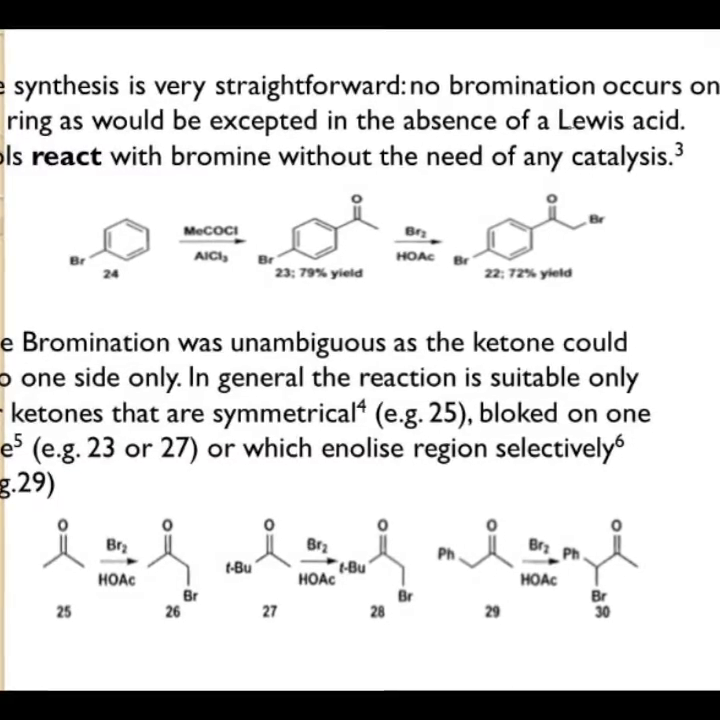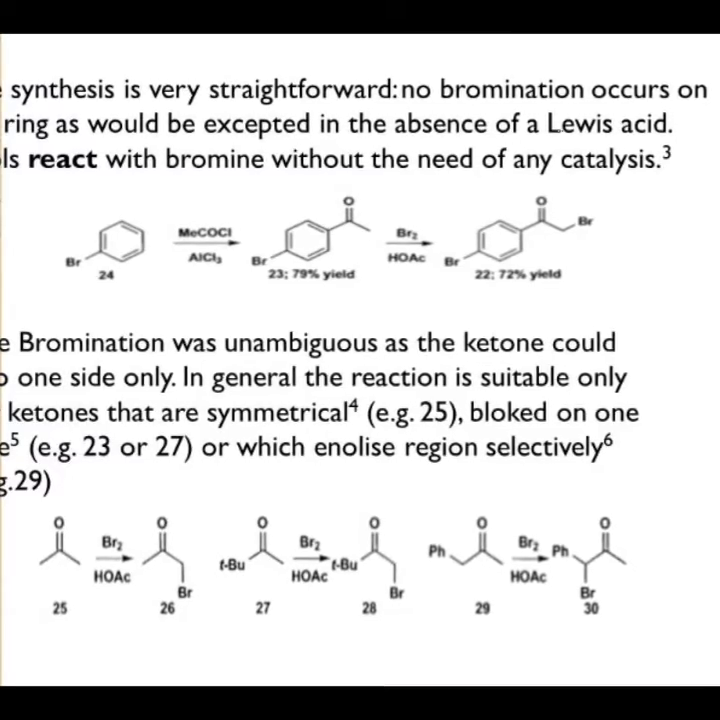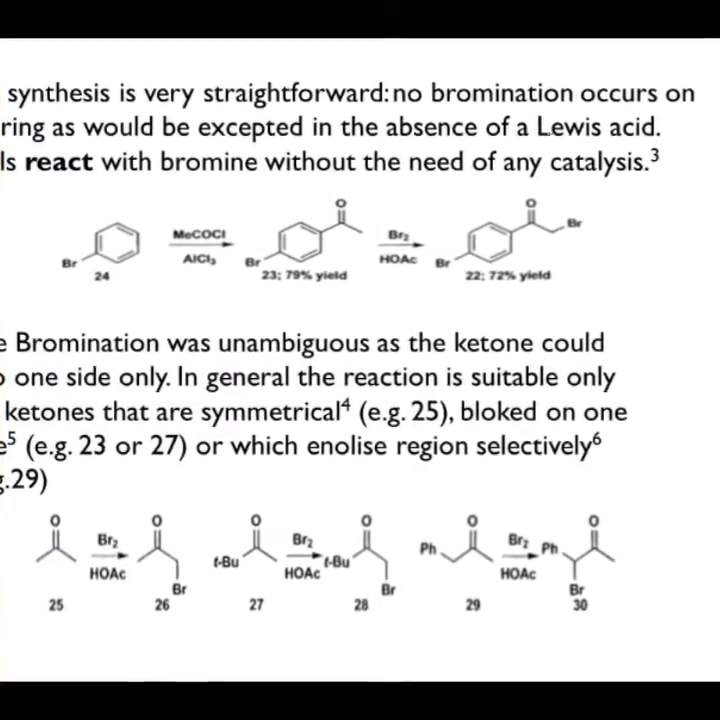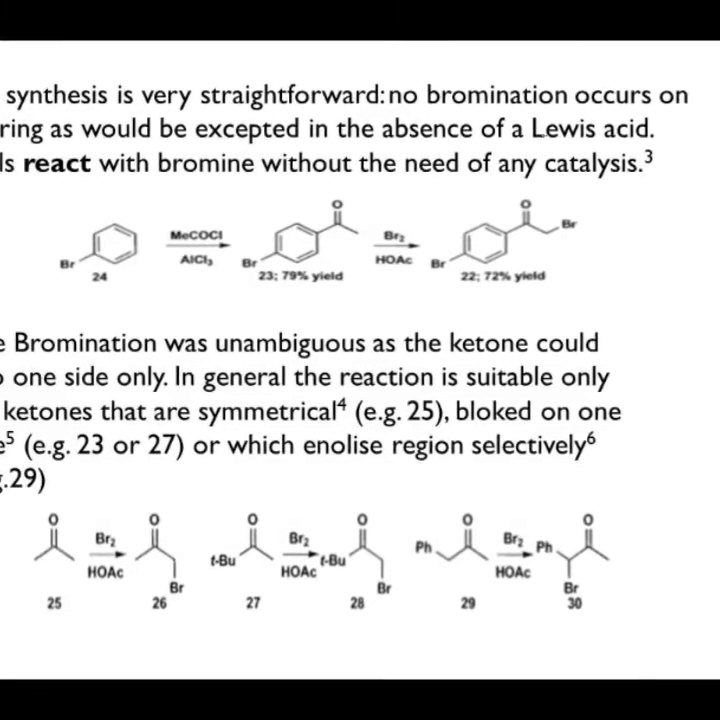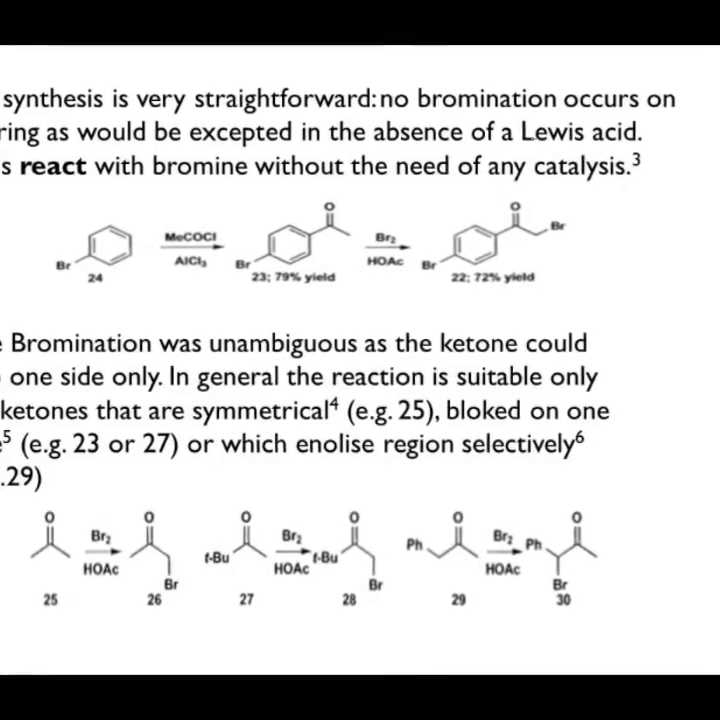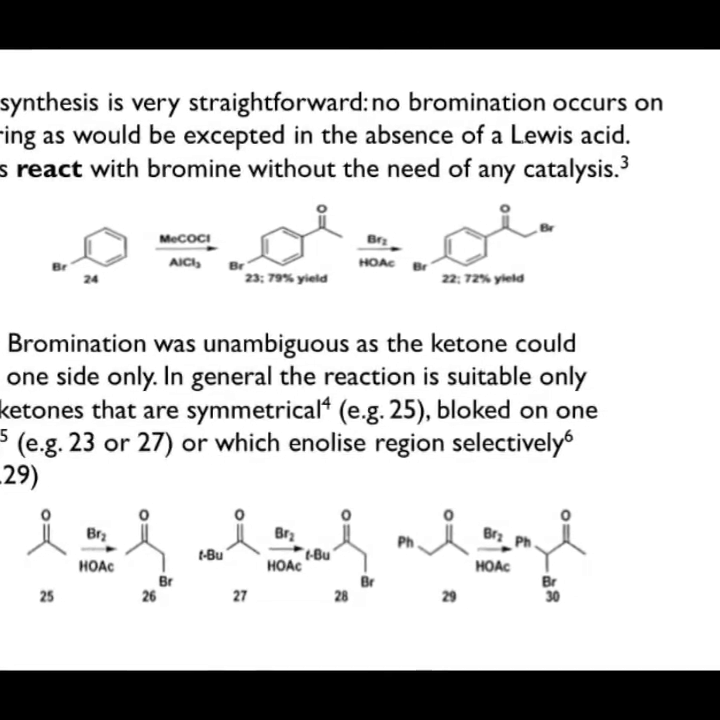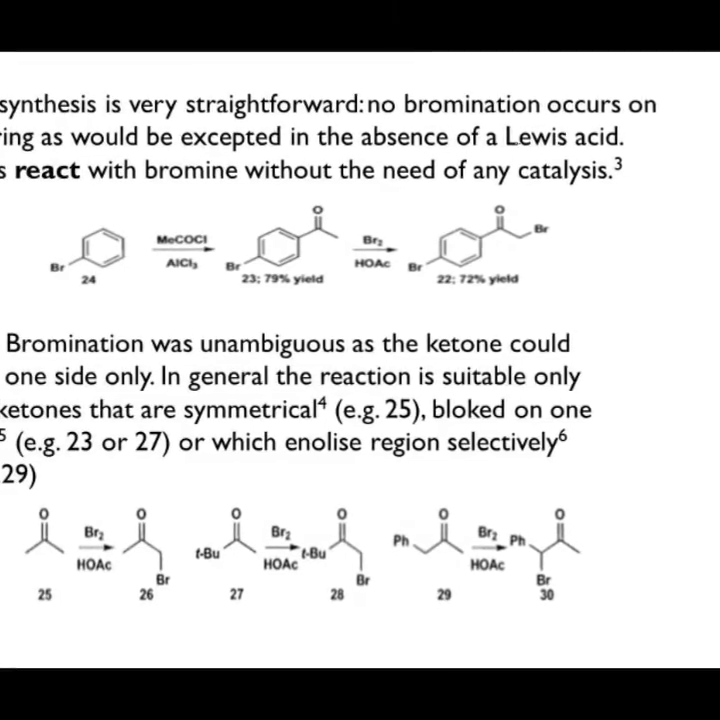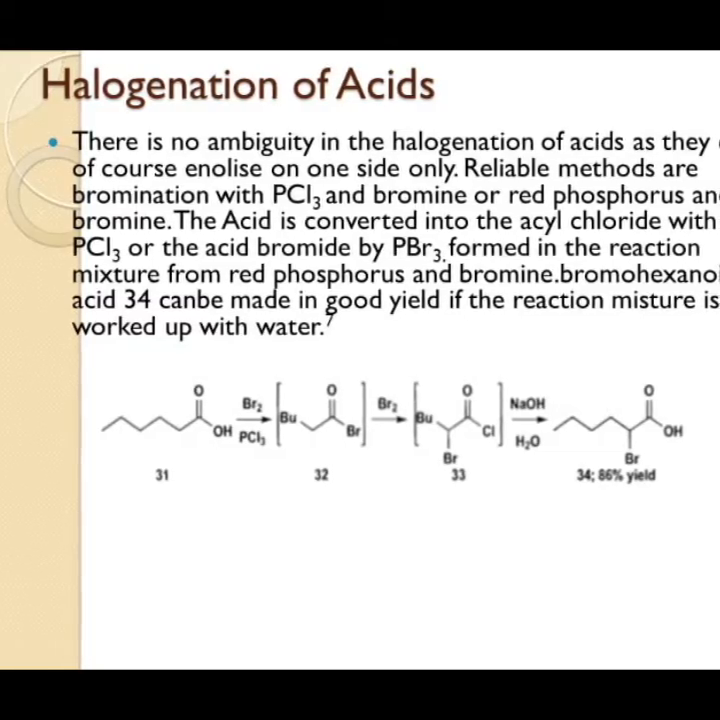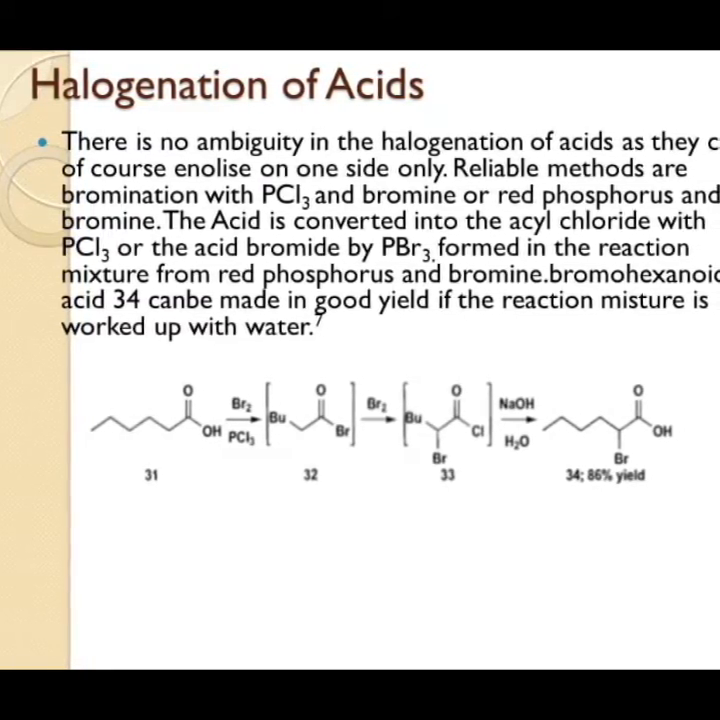Point 3. The bromination was unambiguous as the ketone could enolise on one side only. In general the reaction is suitable only for ketones that are symmetrical 4, e.g. 25, blocked on one side 5, e.g. 23 or 27, or which enolise regioselectively 6, e.g. 29. Halogenation of acids. There is no ambiguity in the halogenation of acids as they can of course enolise on